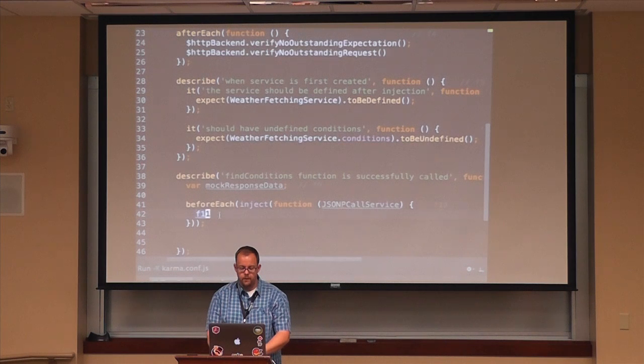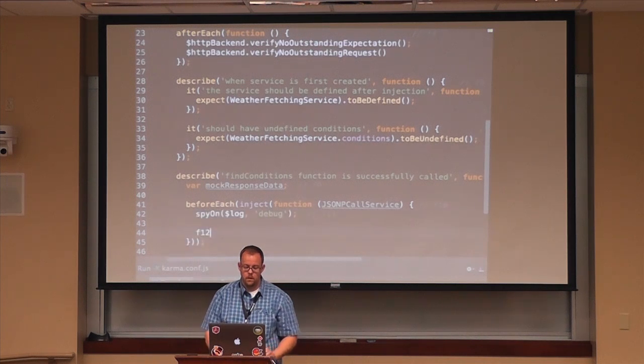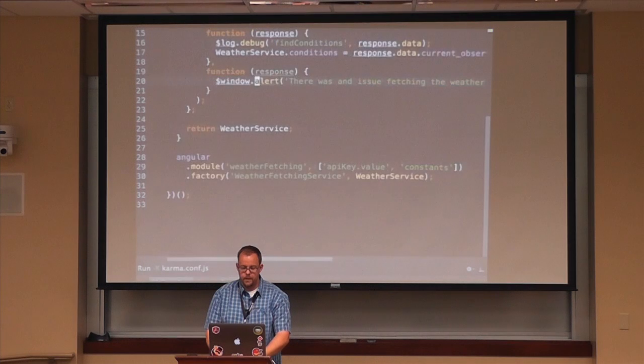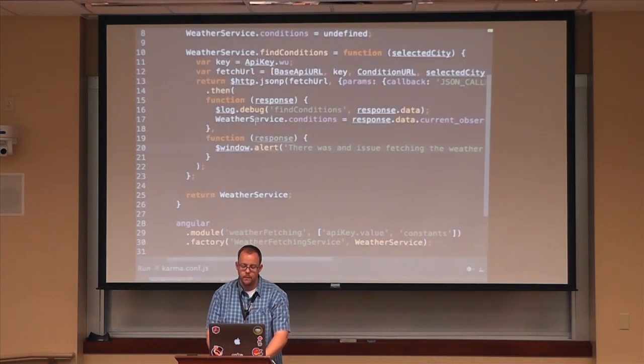So we're going to, in our beforeEach block, spy on the log. This might seem a bit contrived, because why would you really ever want to test that your debug is being written to log, but